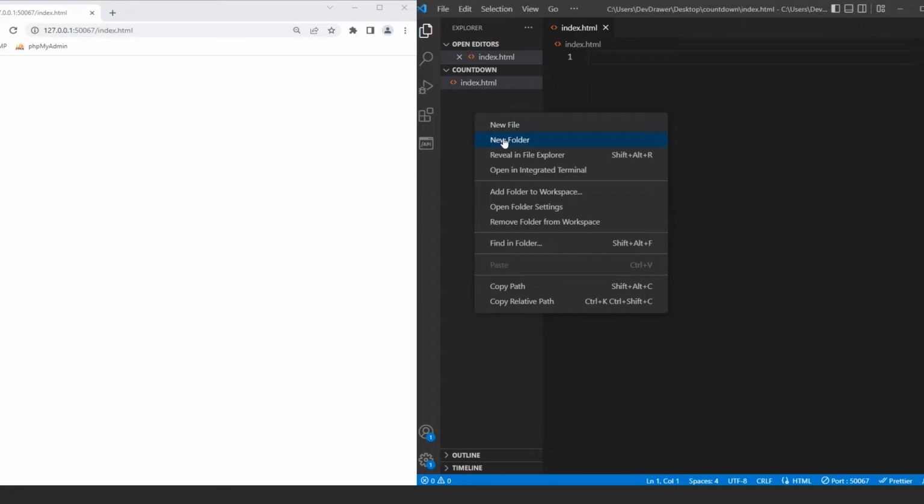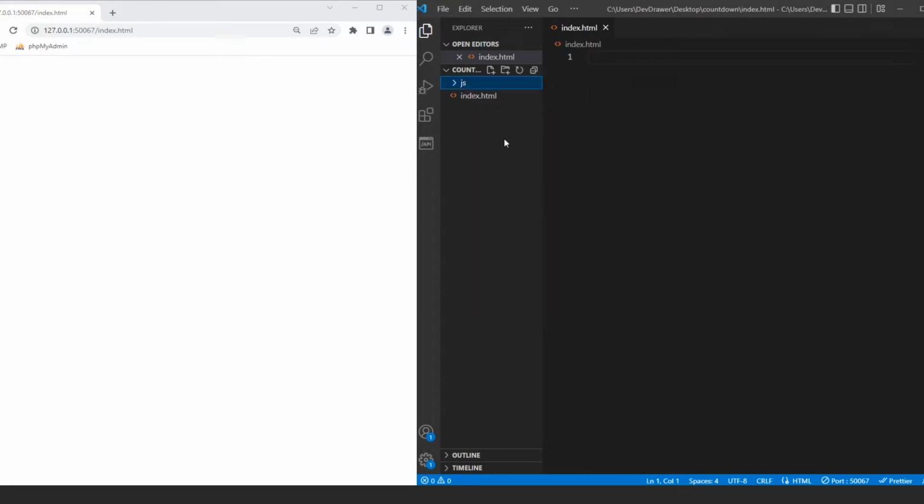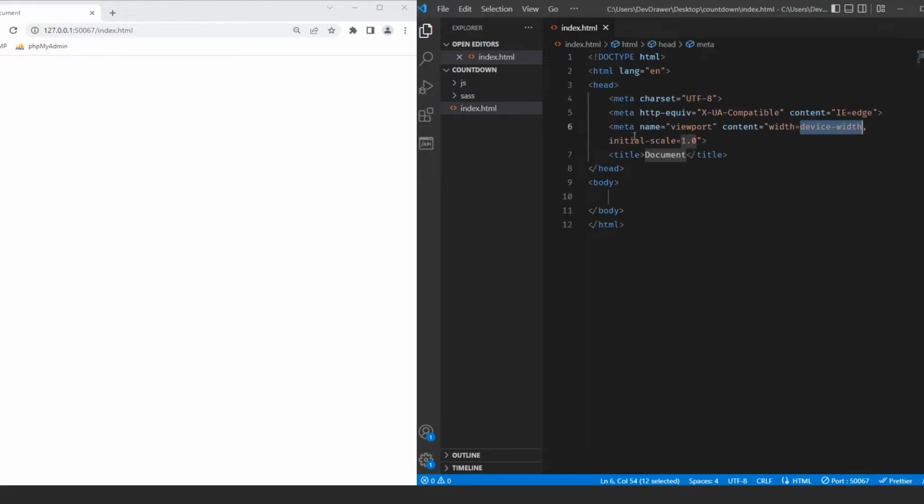So I want to create a JavaScript folder and a Sass folder so that we can kind of control it a little bit. Inside of our HTML, it's going to be just basic HTML5 stuff. So let's go ahead and just create our HTML5 using Emmet. And let's just call this